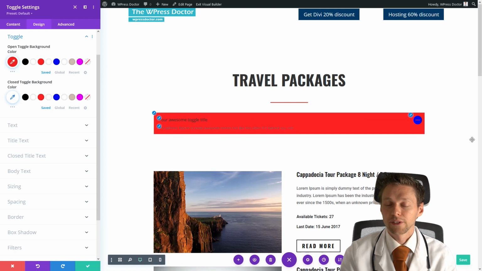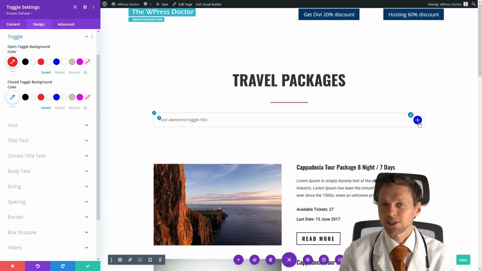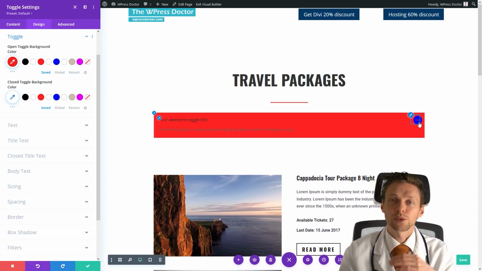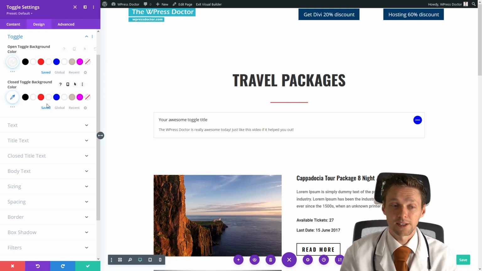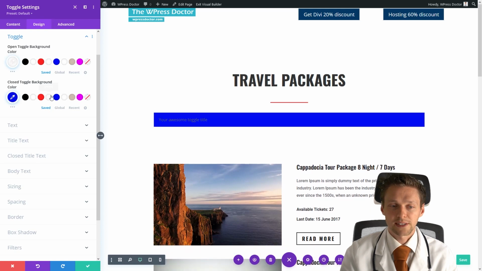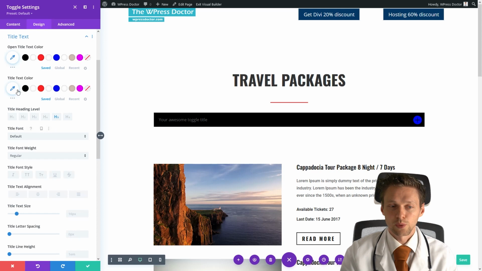The open toggle background color is what the background is when you press this button. If you do that, what you will see is that when you click on it, it will change after the animation. So you can actually remove the animation or just remove the background color. The closed toggle background color can be different. So for example, it can be black, and your text we can make white, and we can change the font, of course. Do anything you want.